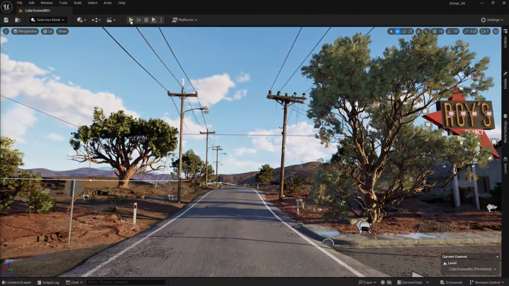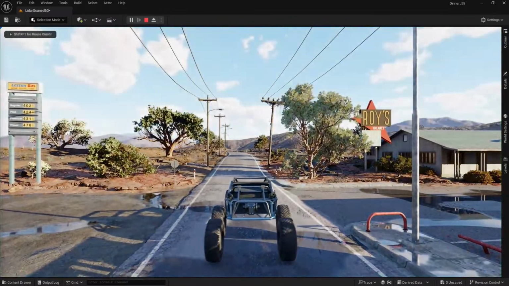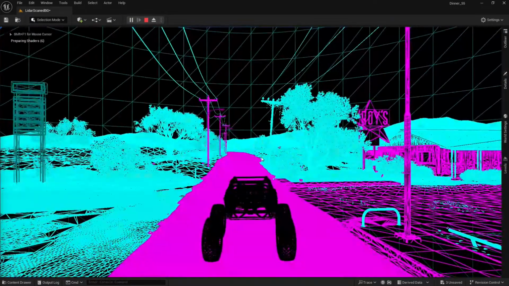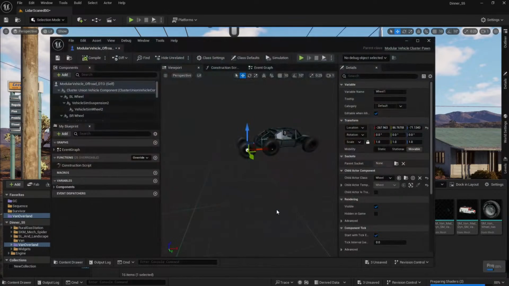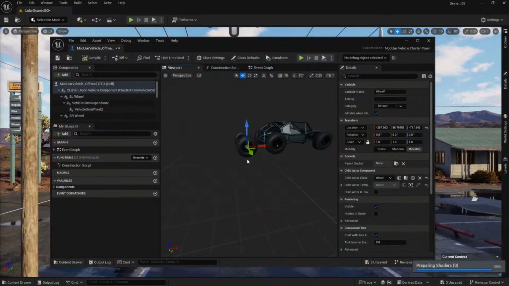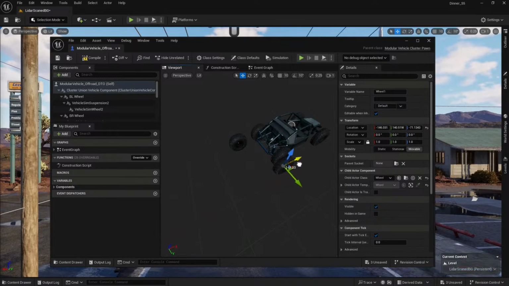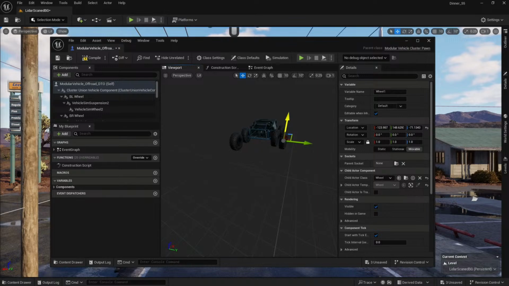I should probably put a player start in here. That would be smart, instead of dropping from the camera's perspective. Yeah, it's not gonna be happy when I do that. Let's do one more thing just for fun. Let's go back into this vehicle and change it up. So instead of having the wheels back there, let's put the wheel here. Kind of just arrange these guys.